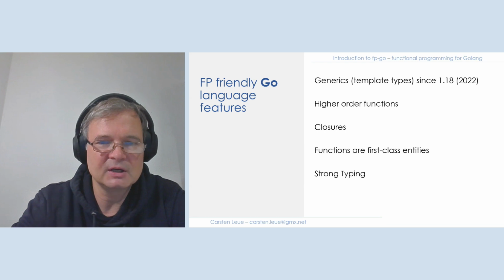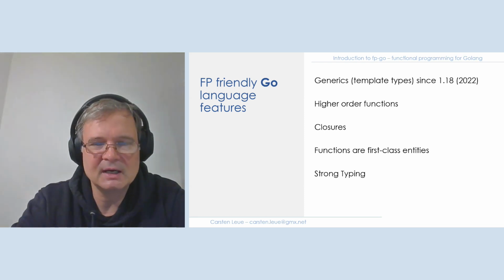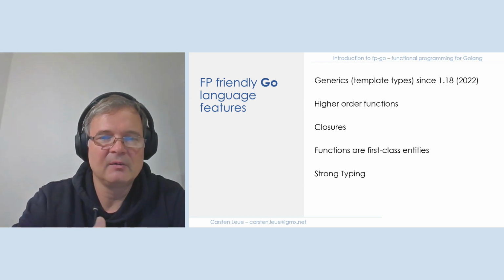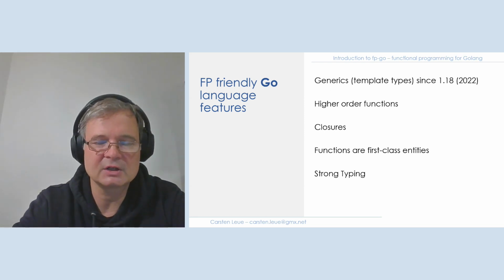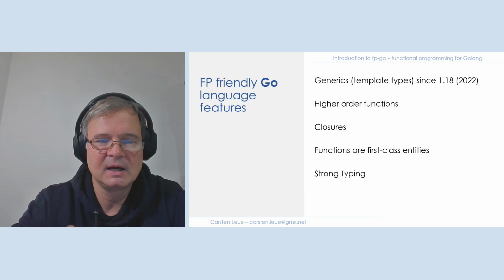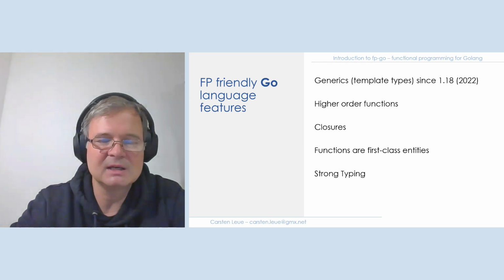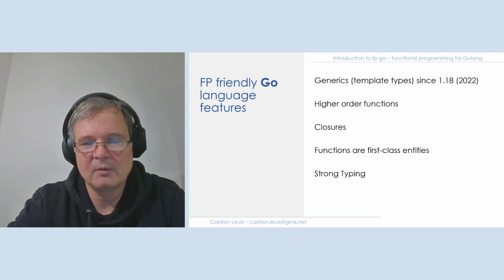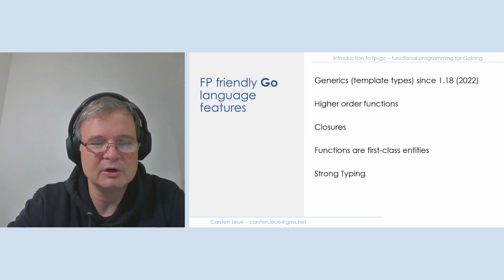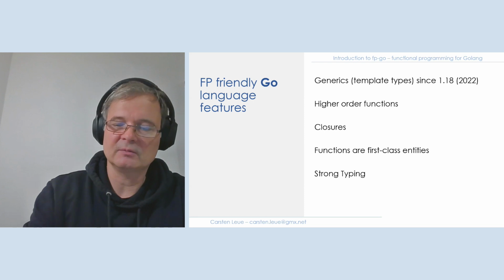It also makes it much easier to understand an existing function. If you look at the function declaration, you understand the types of the declaration, and with the idea in the background that we follow a functional style and that functions are pure, or if it's an IO related function, then it has a special syntax. You can immediately make out from the signature of a function what it's supposed to do. And this is supported by the strong typing feature of Go.